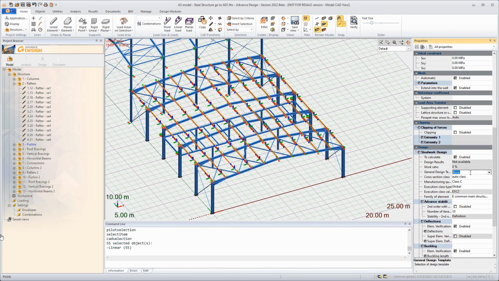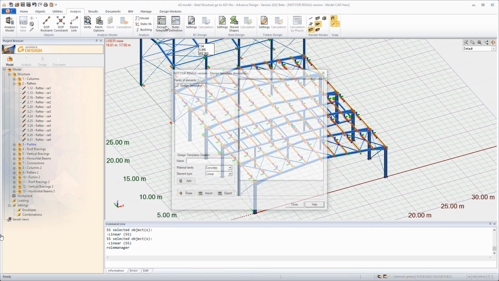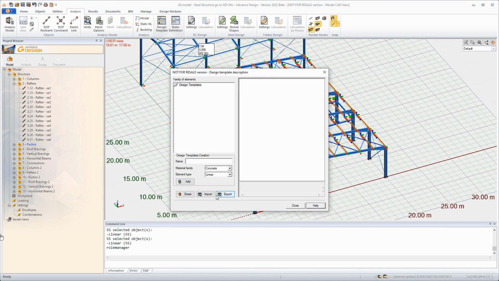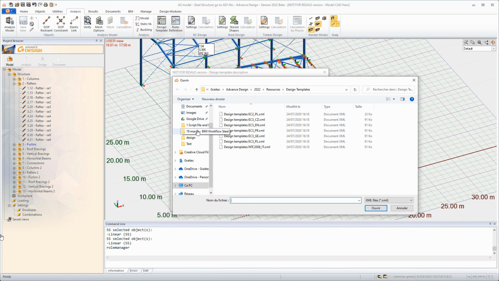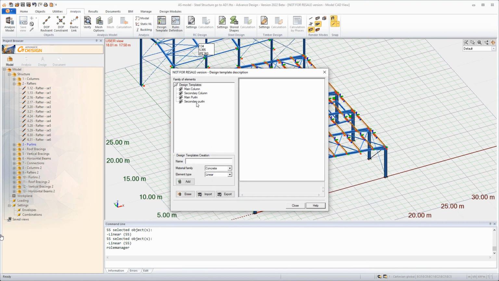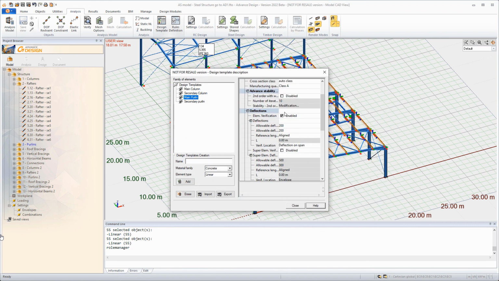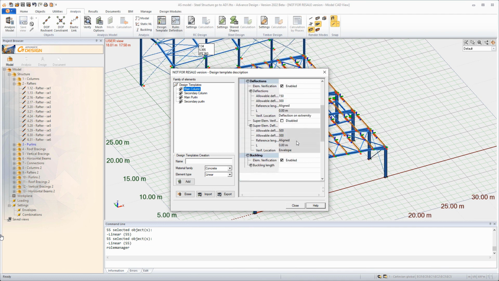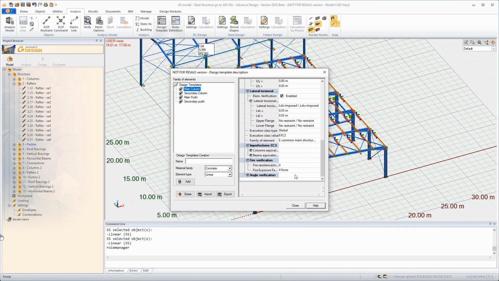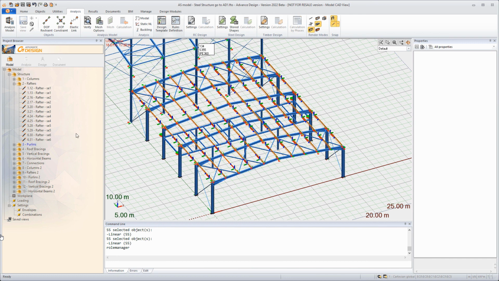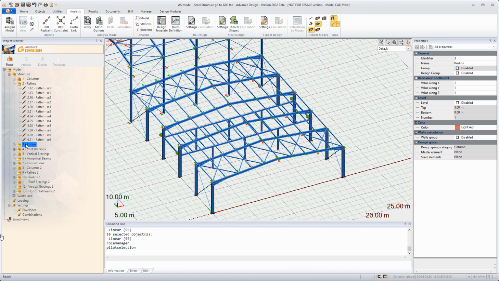We can select all and apply here in the ribbon a design template. So it's possible to import again through XML files all those settings and propagate them very quickly to a selection of elements. So here's design templates. We can apply it to all purlins or to all columns as well.